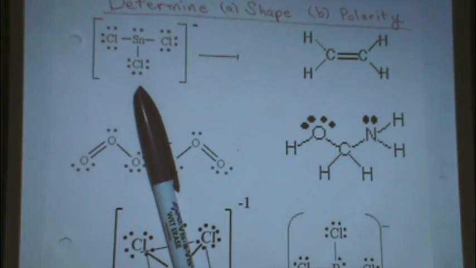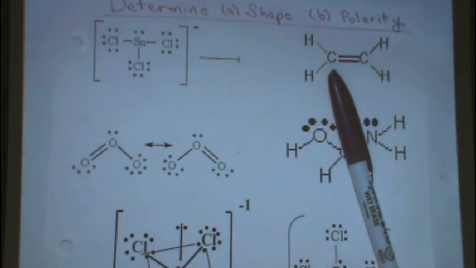This one, how many groups? Four. So the electronic geometry, write this down if you want on the printout, would be tetrahedral, but one is a lone pair, so that makes it trigonal pyramidal, with 109.5 degree bond angles. Both carbons will be the same over here. Three groups, we call that trigonal planar. And since there are no lone pairs, the molecular geometry is also trigonal planar. So the bond angle for that is